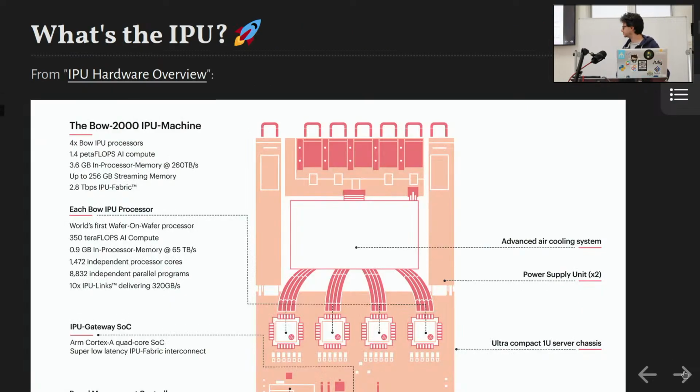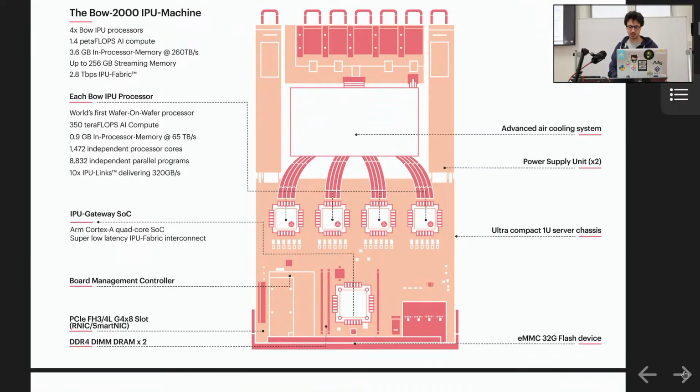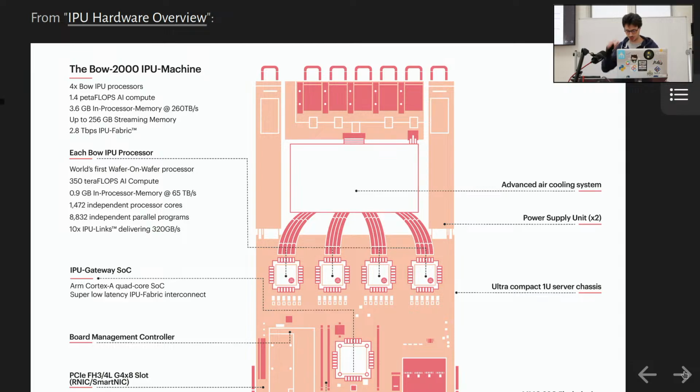So what's the IPU? The IPU is an accelerator. You can think it's similar to the GPU, but I will make some comparison with the GPU later. It is the first wafer-on-wafer processor. Each of these chips has 0.9 gigabytes of memory with a bandwidth of 65 terabytes per second. It has 1,472 independent processing cores. Each of them can run 6 threads in parallel, for a total of almost 9,000 parallel threads on